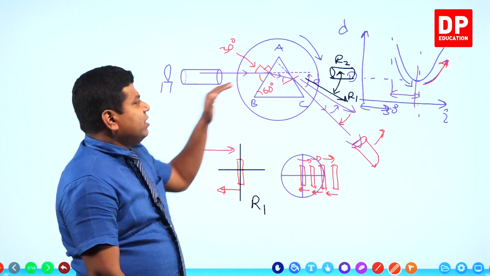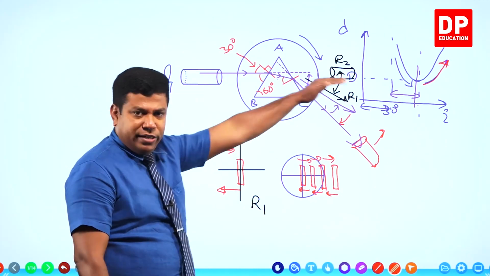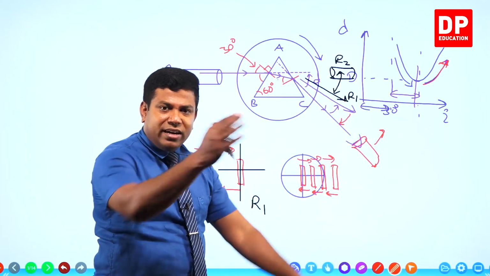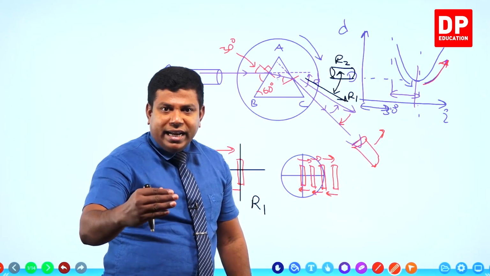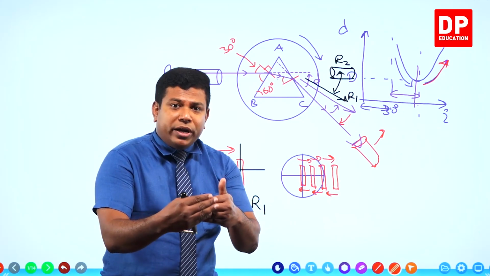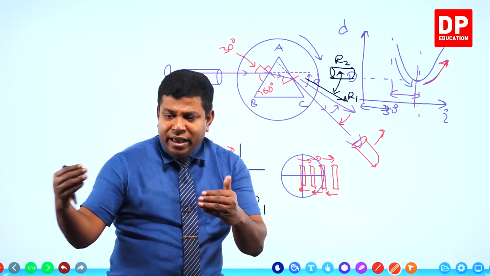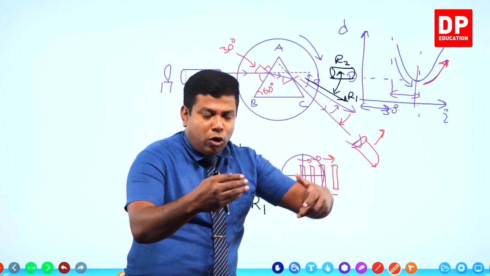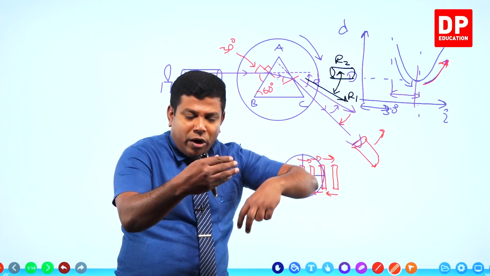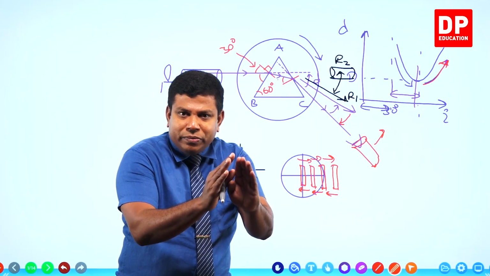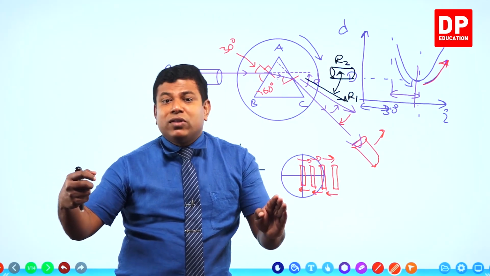One is keeping the telescope straight so that you can see the ray directly without the prism. One reading. For the other reading, you locate the minimum deviation point. I told you how to find the minimum deviation point. When you are rotating the table, the image moves in one direction. At some point, it remains constant. And then it starts moving in the other direction.